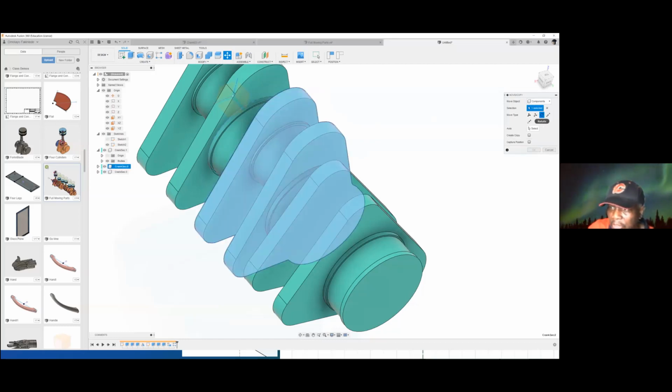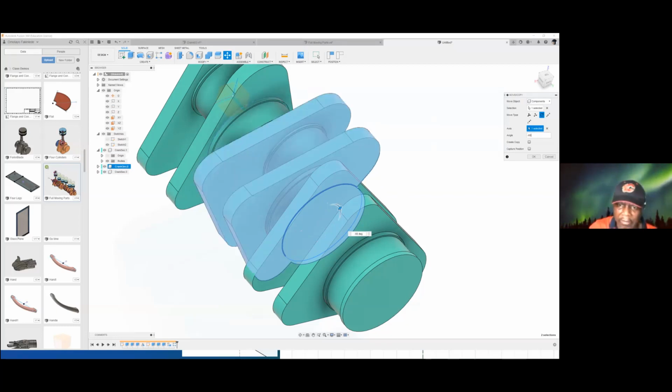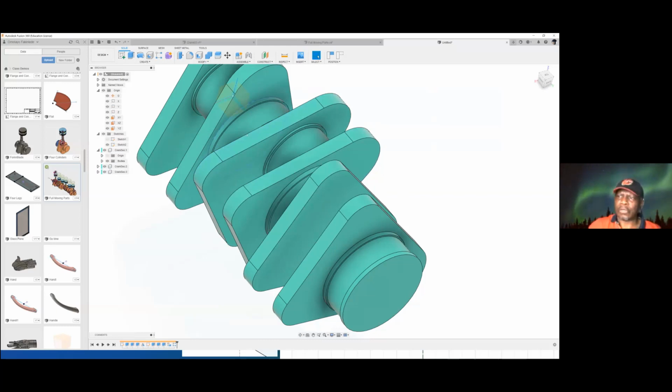I want to take the axis of rotation to go back this way, to go minus 60. Let's see. Okay, so we have